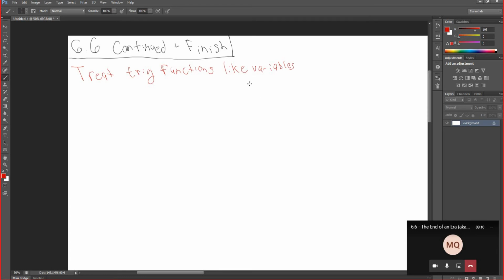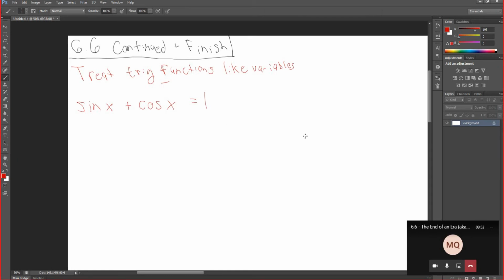Today we're going to be looking more at having to use identities. So that will be a little bit different. We're not going to do as much of treating a trig function as a variable today, because the examples are a little bit easier and they're already going to give us factored forms just from the identities that we use. So we're going to start just with some examples. There's no notes for this. It's just what we've been doing with 6.1 to 6.4 and then applying it